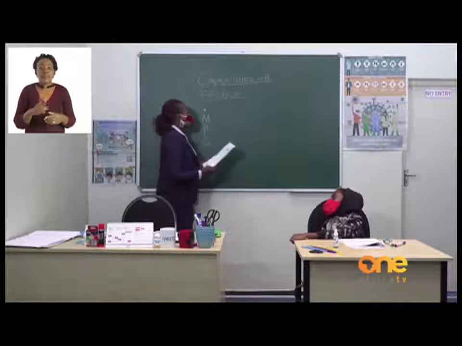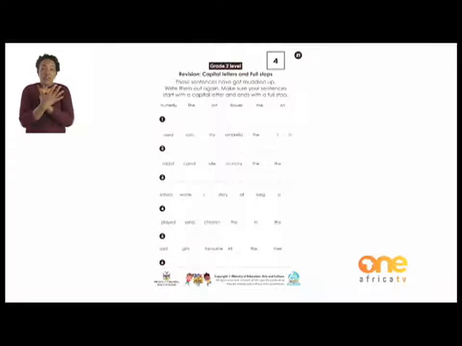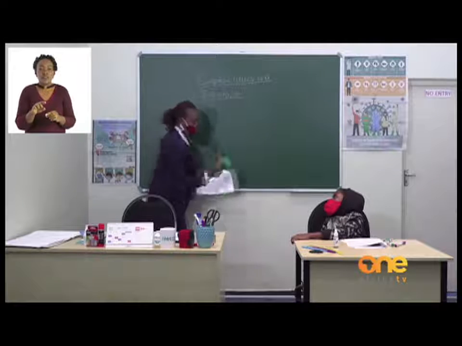Okay. We have words butterfly, there, set, flower, there, and on. We are going to use these words to come up with a sentence. And in this case, our sentence will be